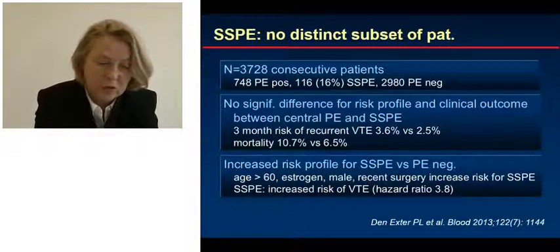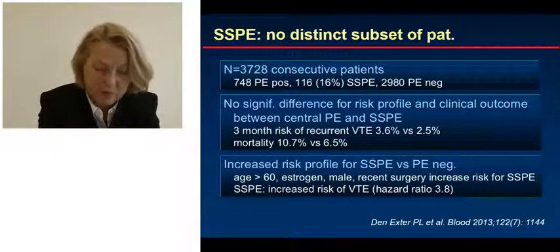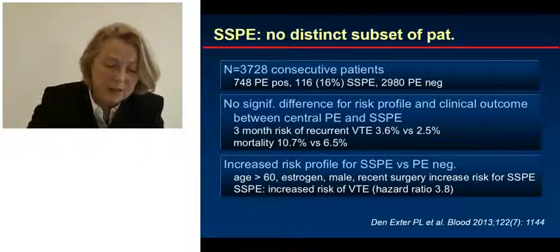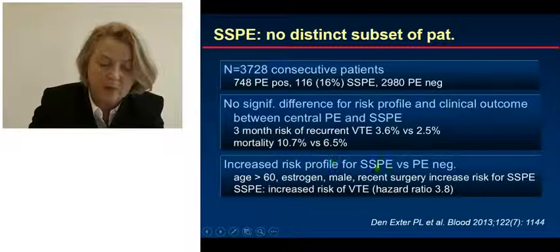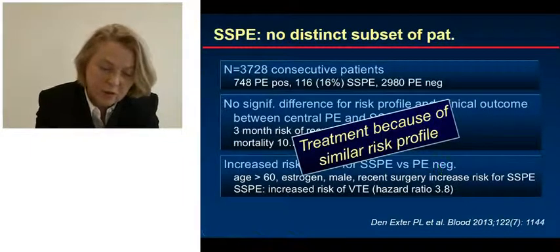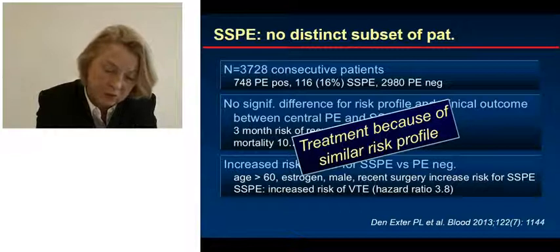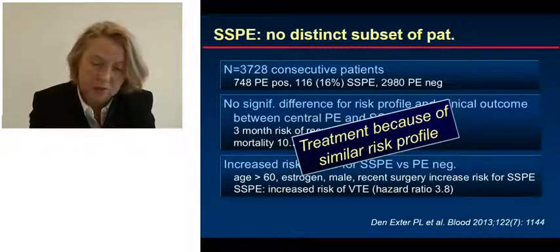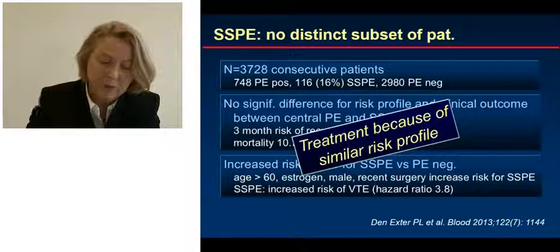This was a study including almost 4,000 consecutive patients, and they found that there was no significant difference in terms of risk profile and clinical outcome between patients who have central pulmonary emboli and subsegmental pulmonary emboli. On the other hand, there was an increased risk profile for patients having only small peripheral pulmonary emboli versus PE negative patients. And the result was that because of the similar risk profile between patients with central and peripheral pulmonary emboli, and the increased risk profile as compared to PE negative patients, those patients should undergo treatment irrespective of